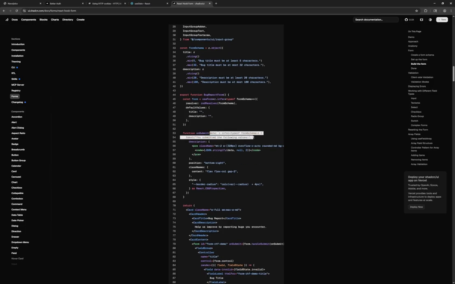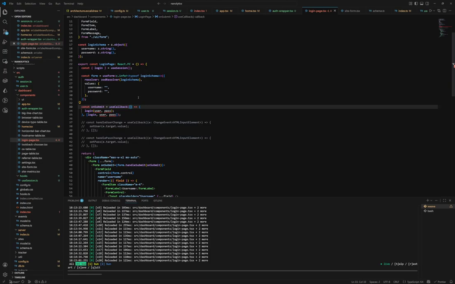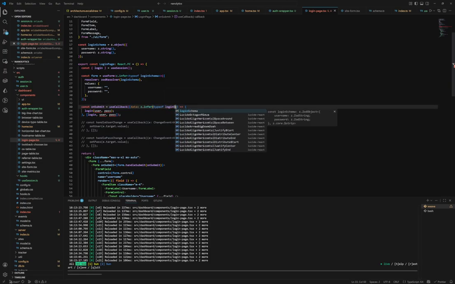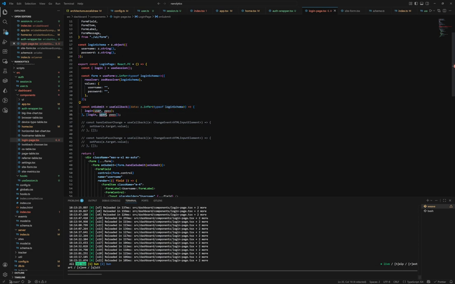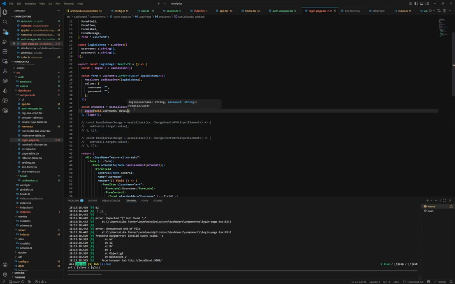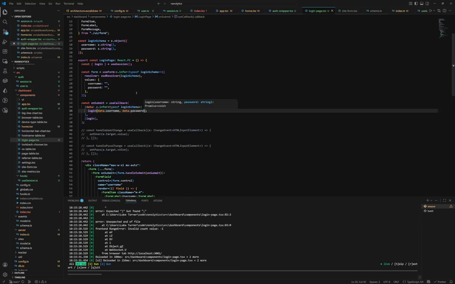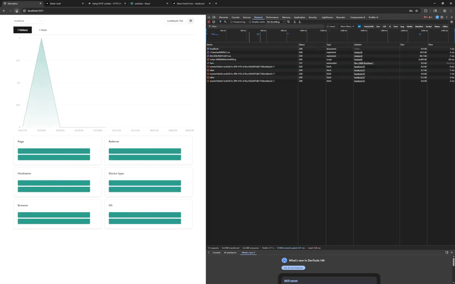onSubmit data z.infer type of, data z.infer type of loginSchema. And then it just has login as a dependency, and it should have data.username, data.password. Okay. So now